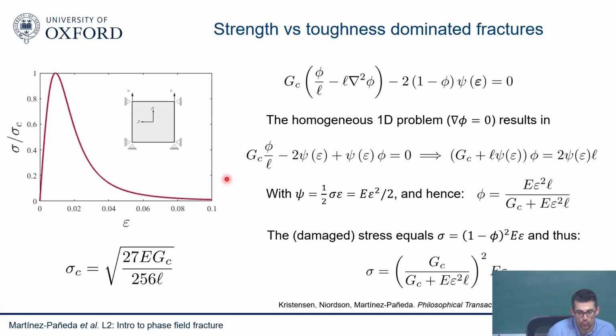Yeah, so I think maybe to provide a bit more historical context. When Francfort and Marigo, when the mathematicians started developing these techniques, they were taking the length scale towards zero. They were saying, we do this gamma convergence study, and we take an infinitely small length scale, and then we show that it agrees with Griffith and so on. In practice, you can never take it equal to zero. First of all, because you